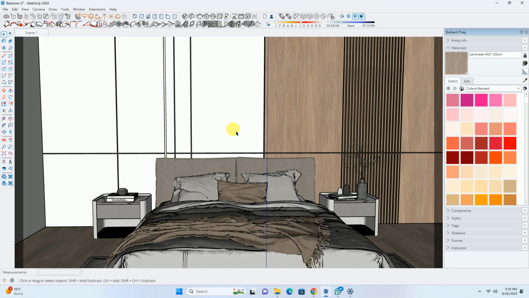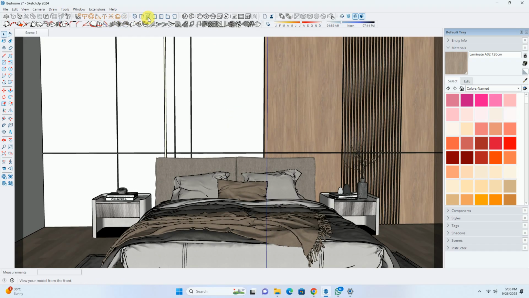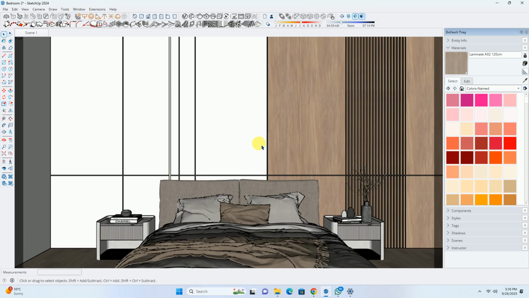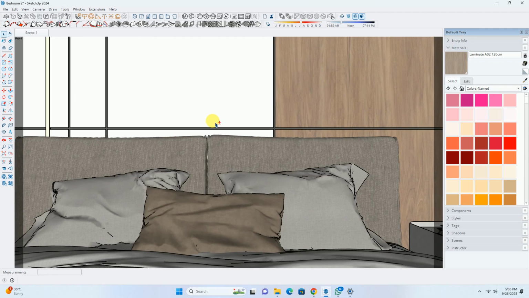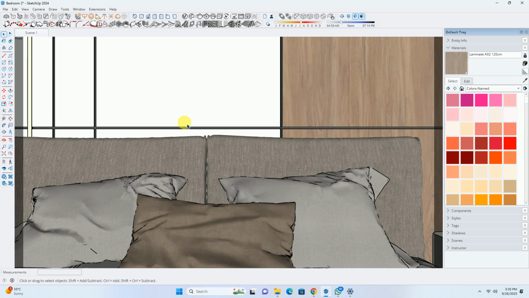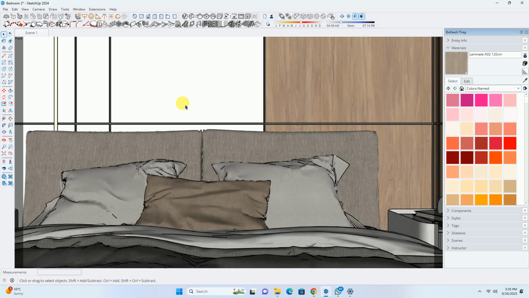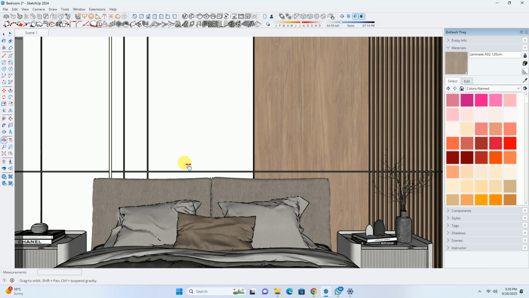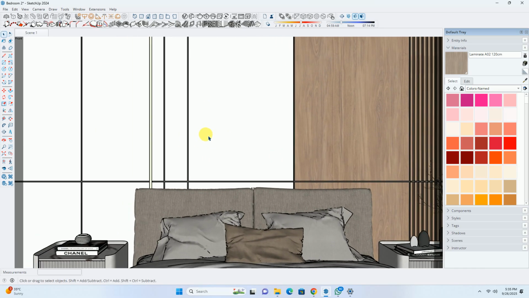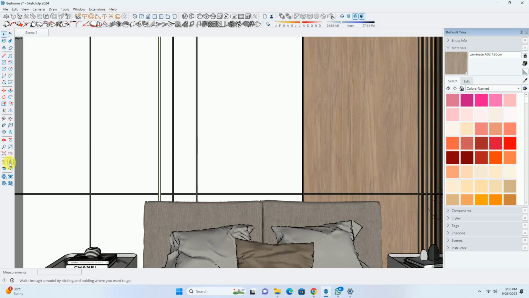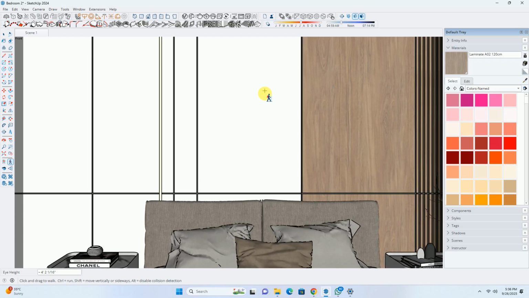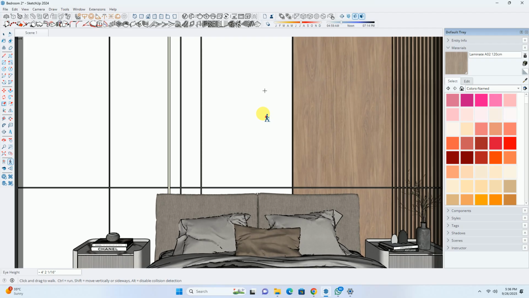Now, if I want, I can move the camera back with the scroll wheel. While doing it, you can see that if I scroll the mouse forward, we are zooming in, or moving towards this particular wall. If we scroll the wheel backward, then we are moving away from this wall. You can use the scroll wheel for this, or you can use this walk tool also. For the walk tool, we just have to left click on the wall we want to use as a reference to move our camera.